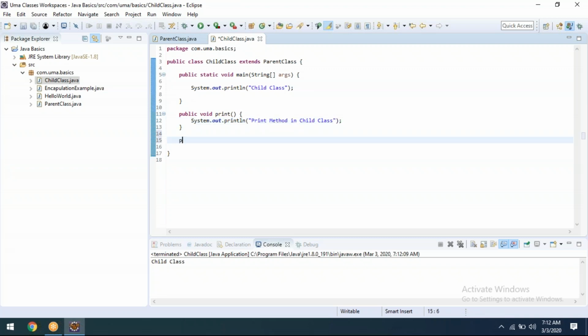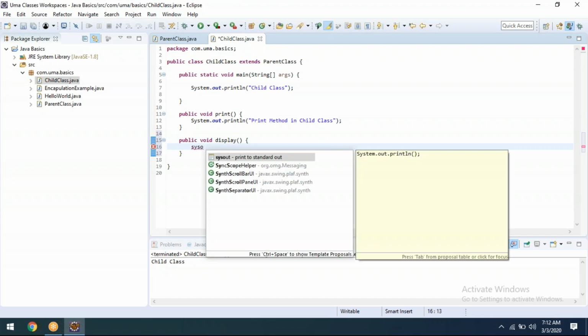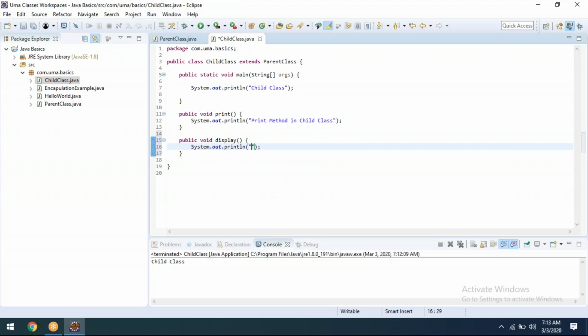Then another thing, public void display, system dot out dot println, display method in child class.